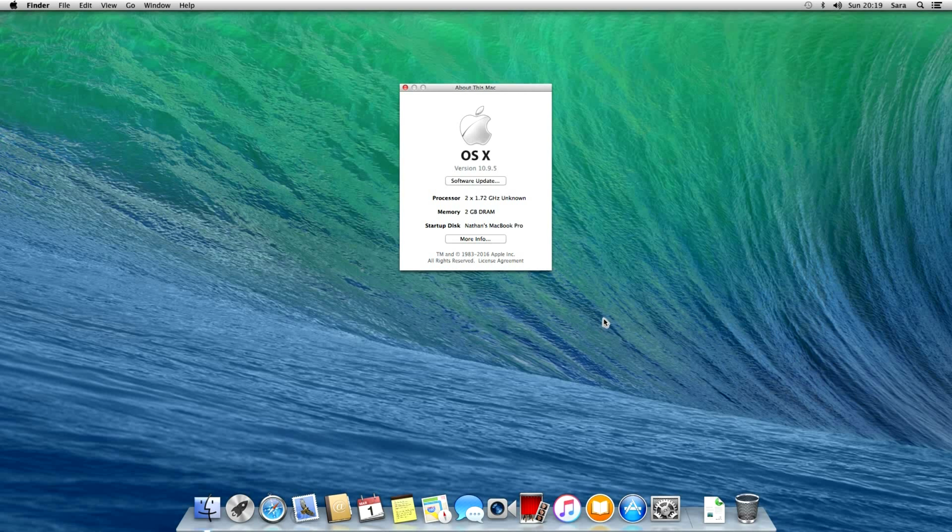OS X version 10.9.5 software update. Processor 2 times 1.72 gigahertz unknown. Memory 2 gigabytes. Whatever that says. DRAM. Startup disk. Nathan MacBook Pro. More info. I know. I don't know why I wanted to call it a MacBook Pro. I was thinking about calling it a Hackbook Pro, but